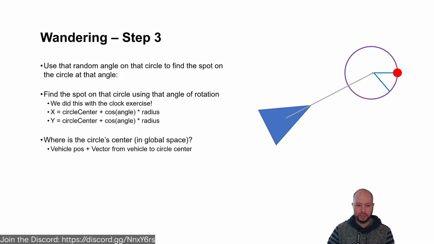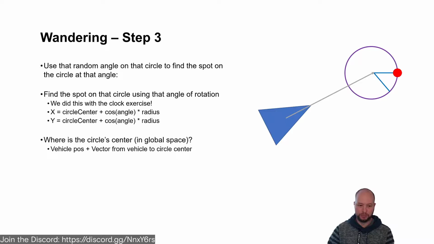And then we find a spot on the circle at that angle, using the cosine of the angle times the radius for x. The y would use the sine, the x would use the cosine, but I think that's a typo. Anyways,